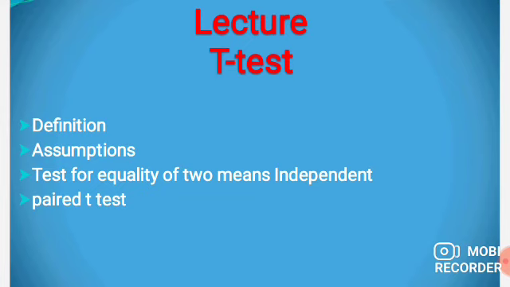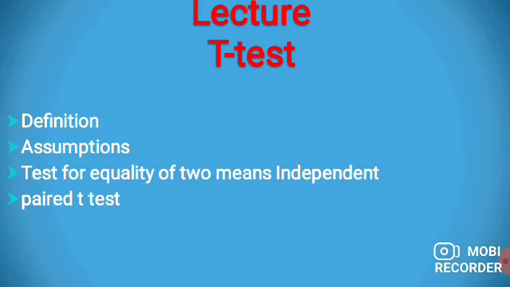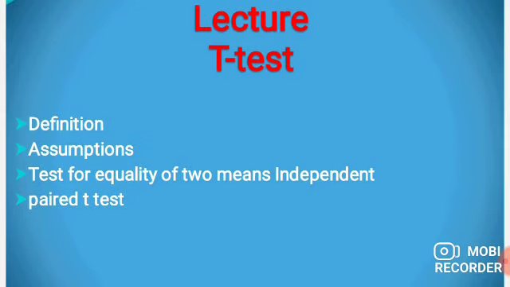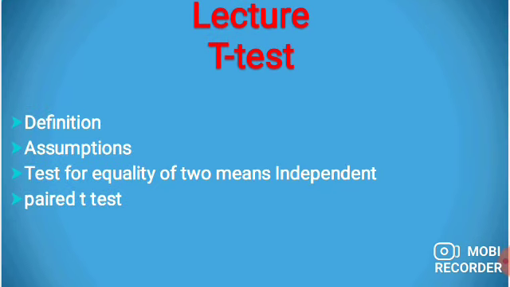Dear students, we have already discussed in the previous lecture the test of significance based on Z test. In the previous lecture we discussed the assumptions of Z test, its applications, formula and examples. If we draw one sample from a large population and our sample size is also large, that is n is greater than 30, and the population standard deviation is known, then we use Z test.